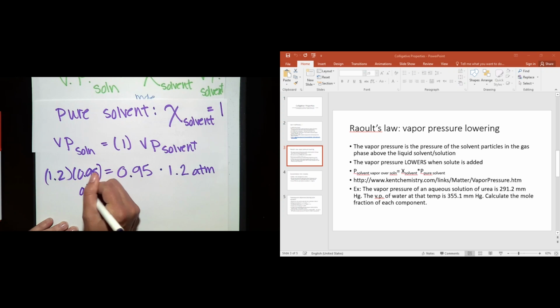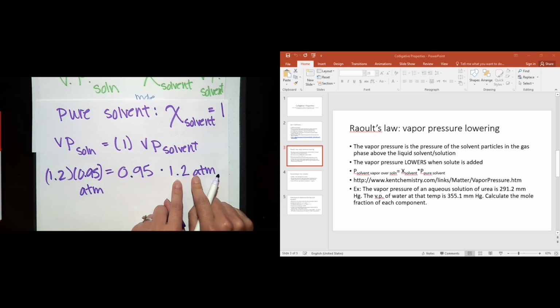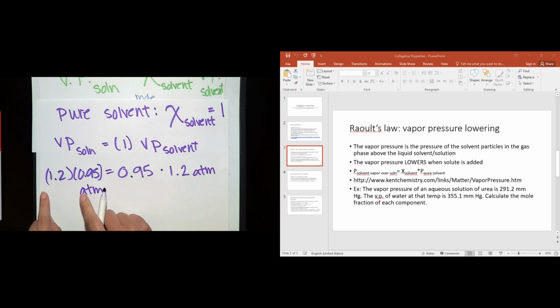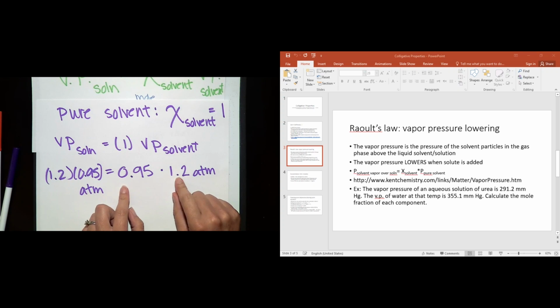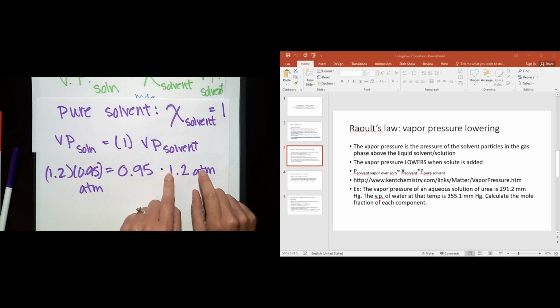The vapor pressure, whatever unit you plug in, on one side is the unit of, and it's a gas, right? Pressure means gas, so it's going to have a regular unit of pressure, whether it's atmospheres, mmHg, torr, bar, Pascal, any unit of pressure. But whatever you plug in on one side, it's going to be that on the other. So we don't have a constant in this one, but we do have vapor pressure of solvent, and that varies with temperature, right?